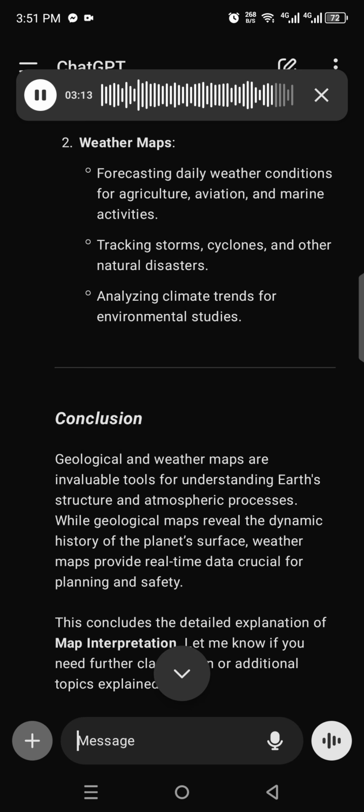Conclusion. Geological and weather maps are invaluable tools for understanding Earth's structure and atmospheric processes. While geological maps reveal the dynamic history of the planet's surface, weather maps provide real-time data crucial for planning and safety. This concludes the detailed explanation of map